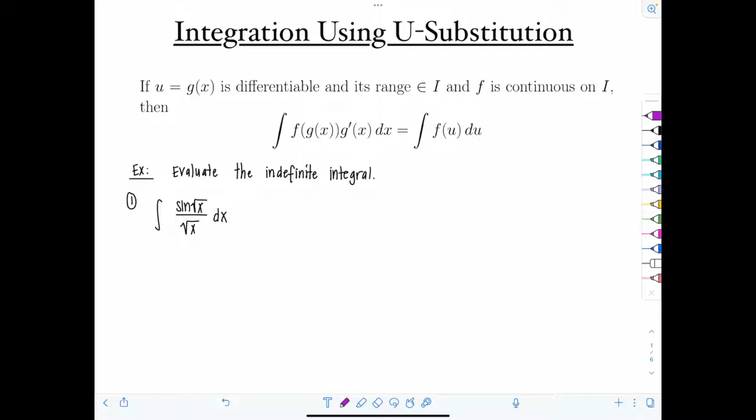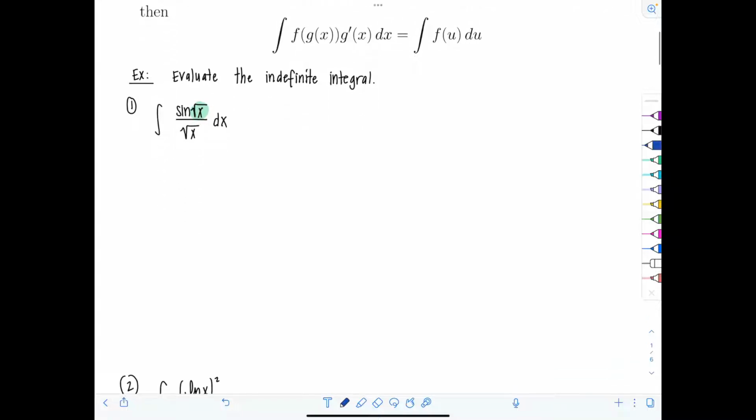Example: the directions tell us to evaluate the indefinite integral, and to kick things off, we have sine of rad x over rad x dx. All right, so we need to make an appropriate choice for u. One thing I notice is I have a composition of functions. I have sine of rad x, and that's popping out to me as a good choice for u because I know the derivative of rad x is 1 over 2 rad x. We can talk about that in just a second, and I see a rad x in the denominator, so I'm already feeling good about that. So let's go ahead and let u